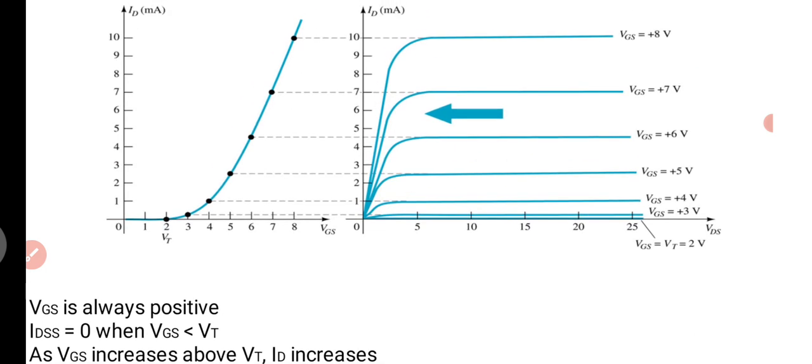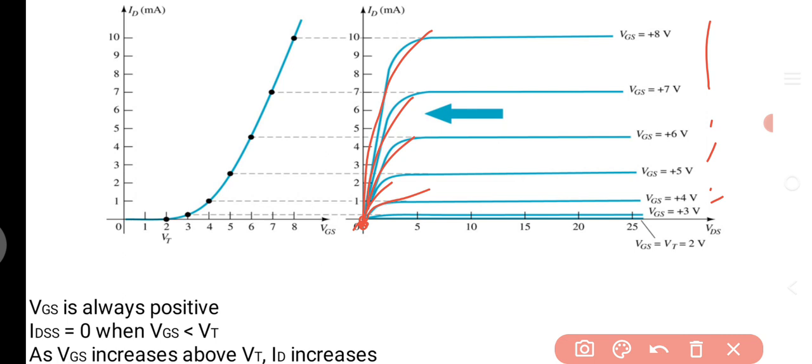That is, the saturation level is equal to IDSS, which maintains a constant value. When we increase the VDS value, it maintains a constant current. Simply, when VGS is equal to 0, ID is equal to 0. When VGS increases, that is VGS equal to 3, 4, 5, 6 and so on, ID also increases. Once ID increases, then as VDS increases,